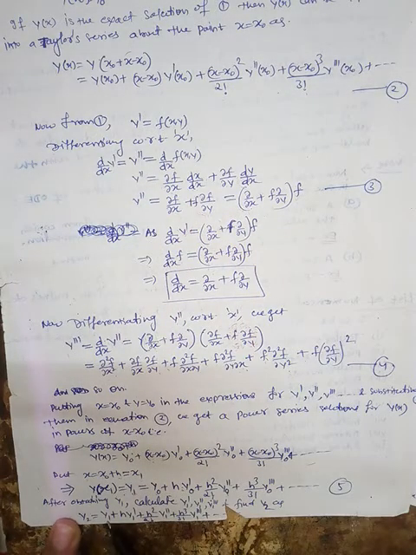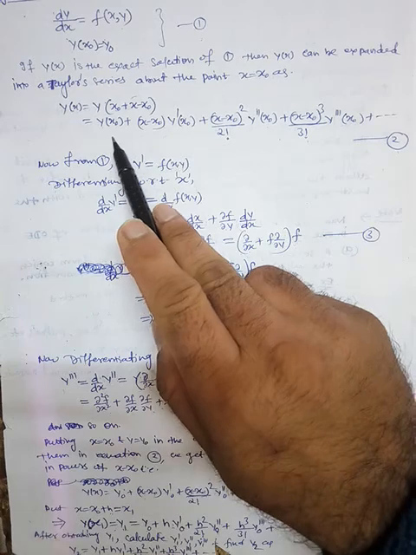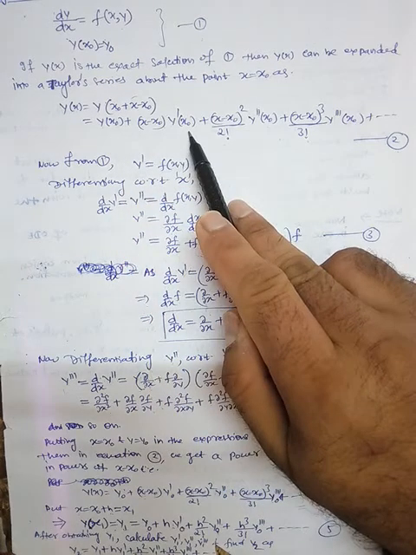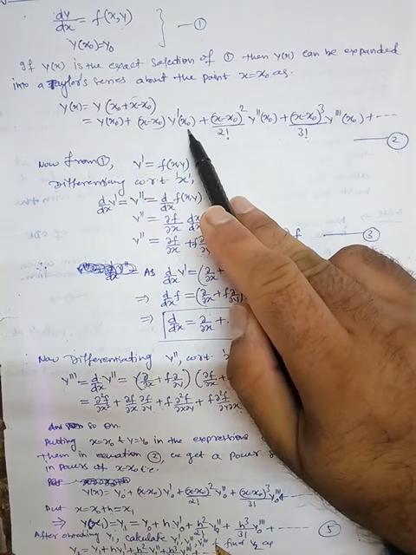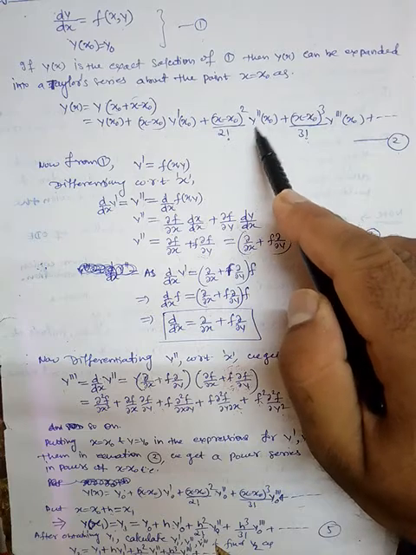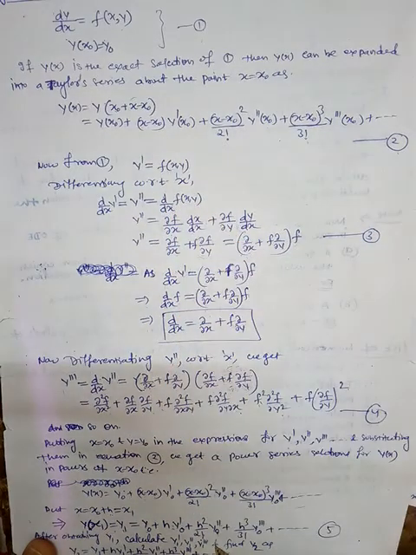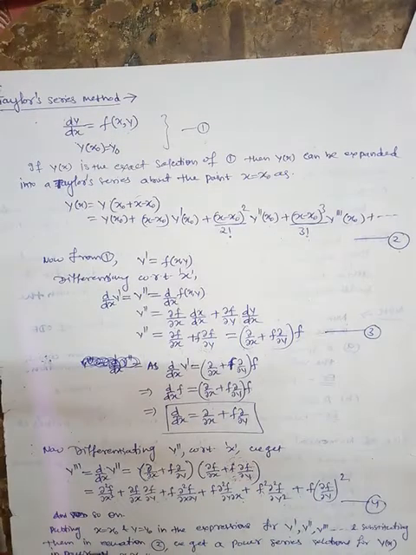y2 is equal to basically y1 plus h y1 dash plus h square by factorial 2 y1 double dash plus h cube by factorial 3 y1 triple dash. Just like here we have y naught, now we will have y1. Here is y naught dash, here we have y1 dash. Here we have y naught double dash, here we will have y1 double dash, and so on. So everywhere where x naught is used, here we will use y1 or x1. Okay, so this is the solution procedure.